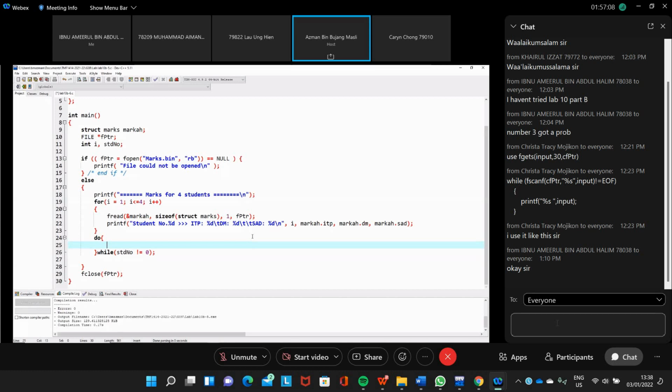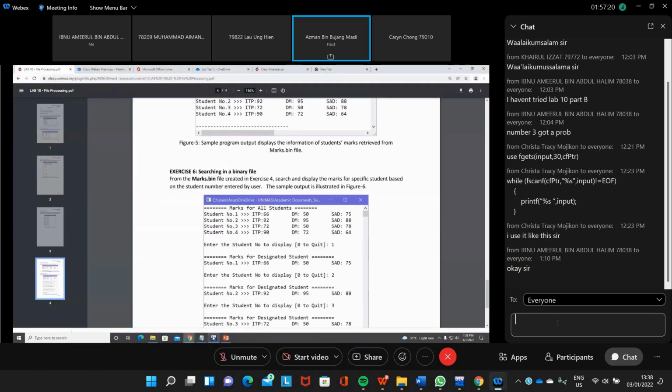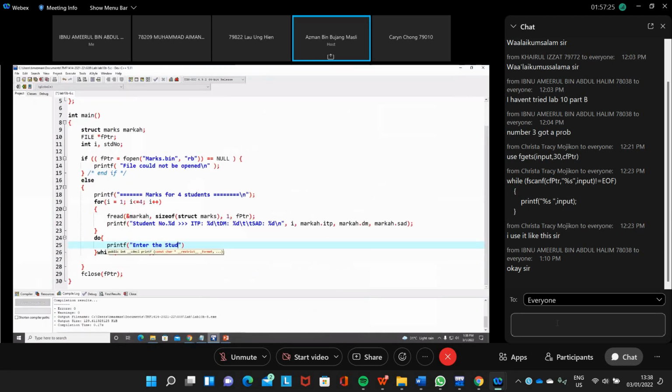Here we just printf to ask the user to enter the number they want to search. Enter the student number to display, and 0 to quit.